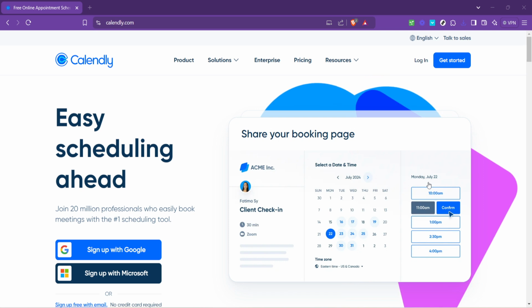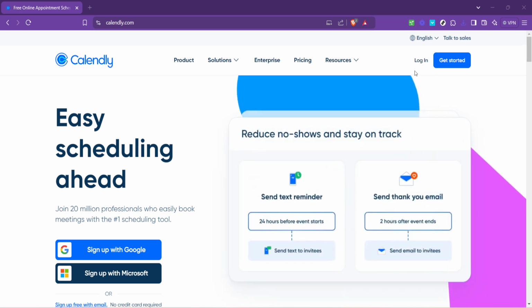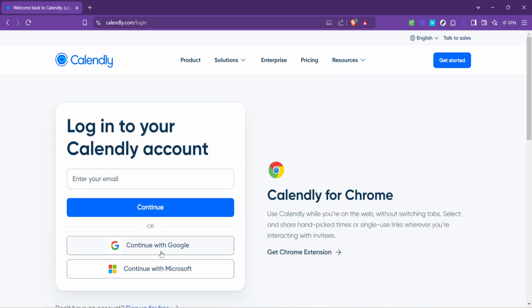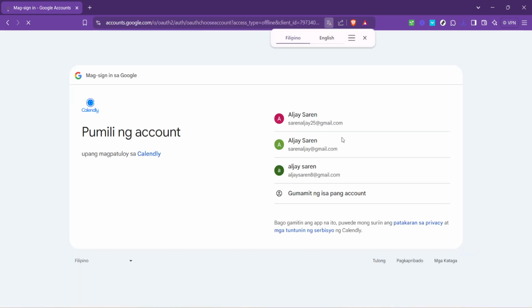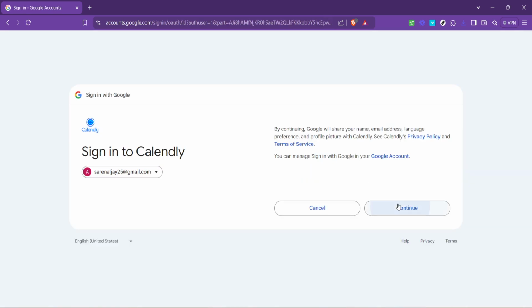Firstly, let's dive right into how you can start the process. Navigate to the Calendly website. If you're not already logged in, you'll see the option to do so at the top right corner of the page. Click on Login to proceed. You have various methods to log in, but for simplicity and convenience, we'll use the Continue with Google option. This method is quick and uses your existing Google account, saving you the trouble of remembering another set of login